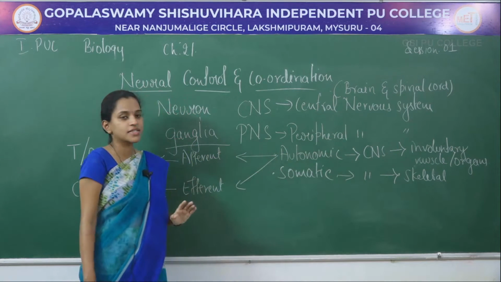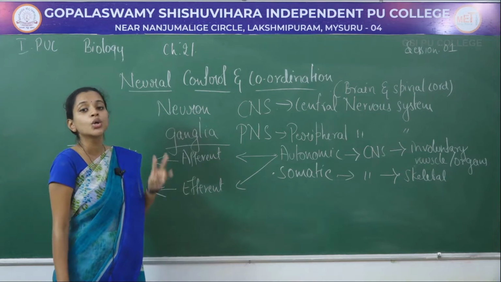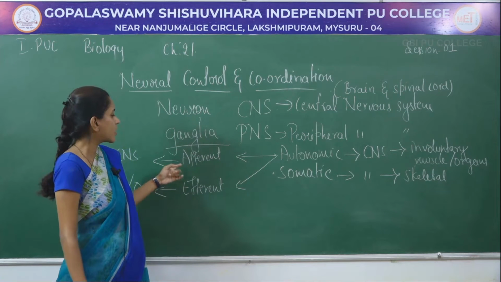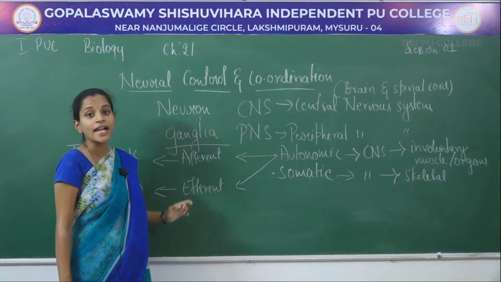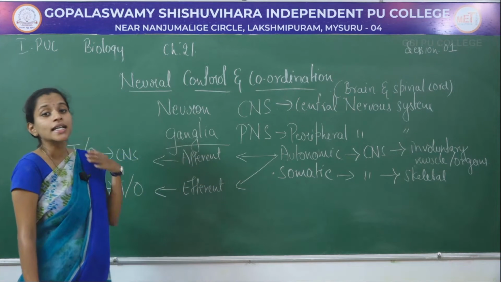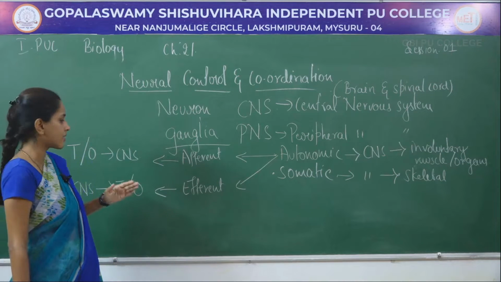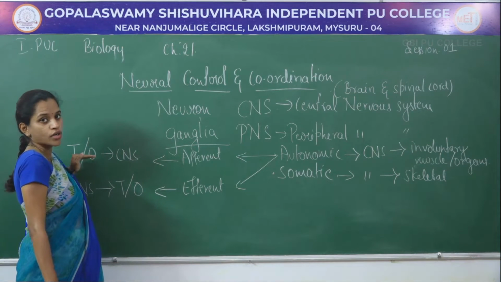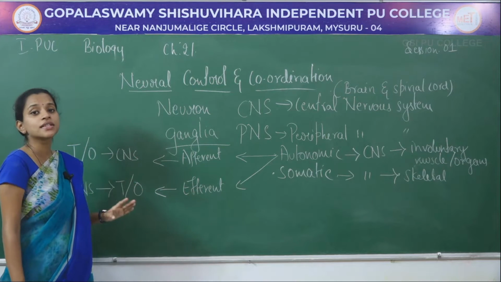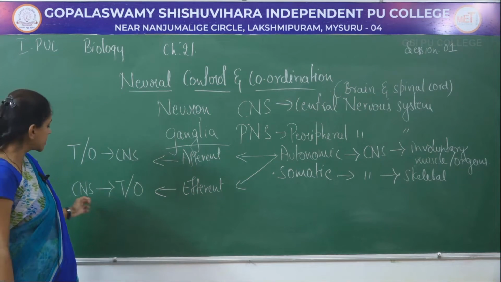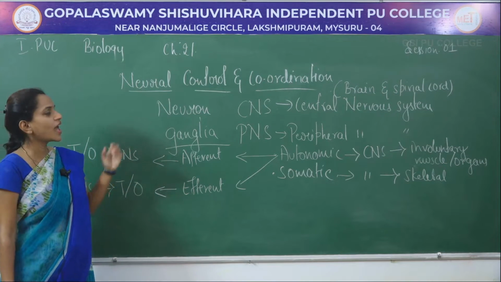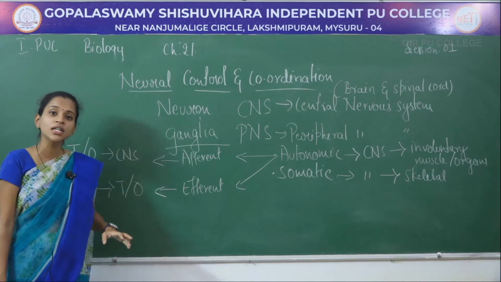This autonomic nervous system is further classified into two different forms based on the two different types of nerve fibers. They are afferent nerve fibers and efferent nerve fibers. Afferent nerve fibers transmit the impulse from the tissue or organ into the central nervous system, whereas efferent helps in transferring the impulse from the central nervous system into the tissues or organs. Next, we will study the structure of the neuron.